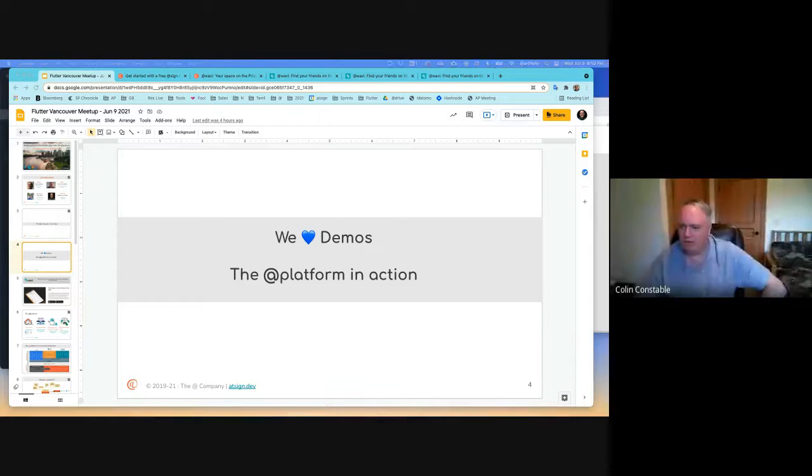Let's see if I can share my screen, my new fancy screen on the left-hand side. Here we go. Hopefully it asks me which screen I want to share. Your entire screen. Here we go. Screen 2. Wow, it's slow.